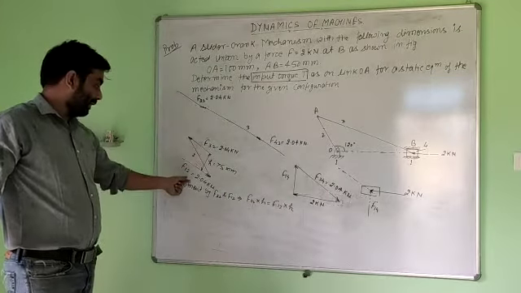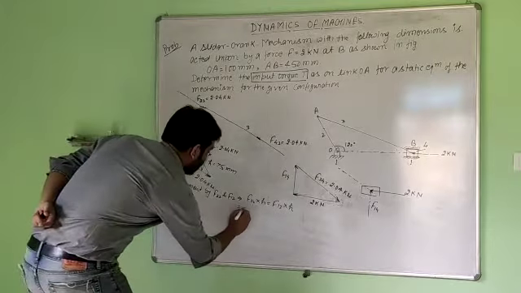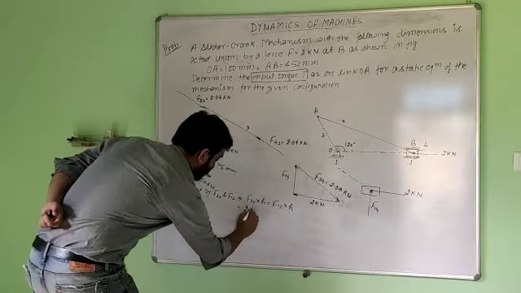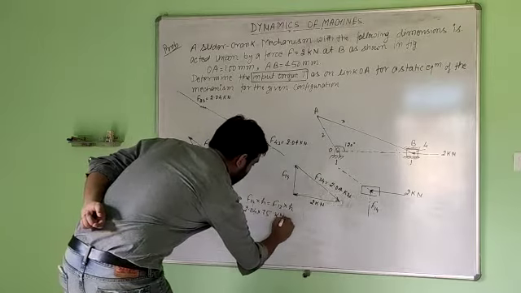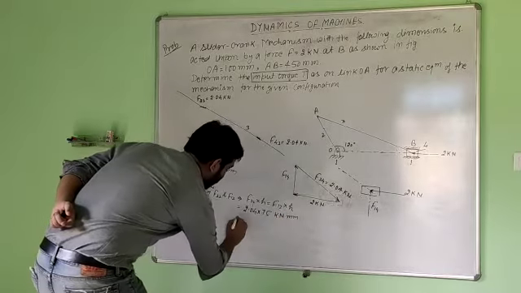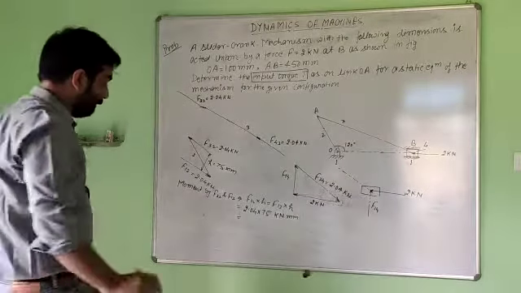Both the forces are the same. The value is coming 2.04 multiplied by 75. Unit is kilonewton mm. By multiplying these two values, we will have 153